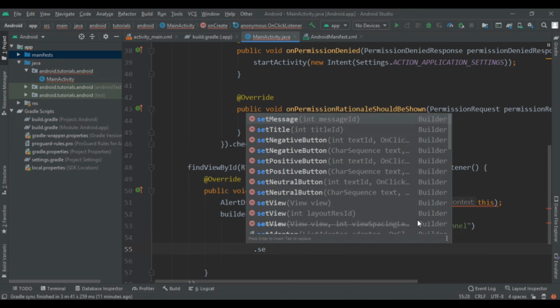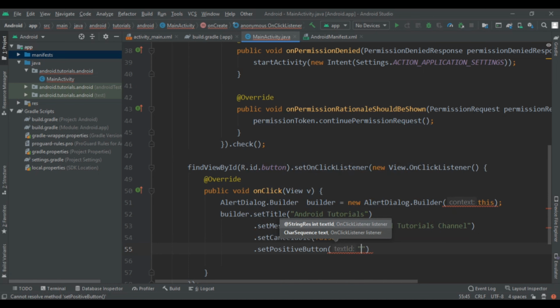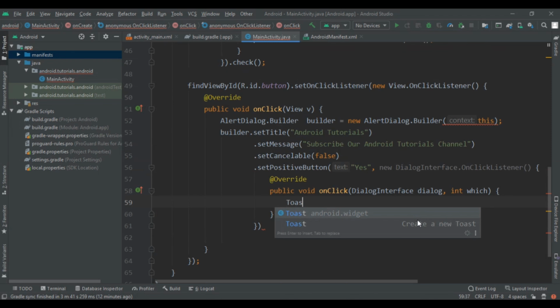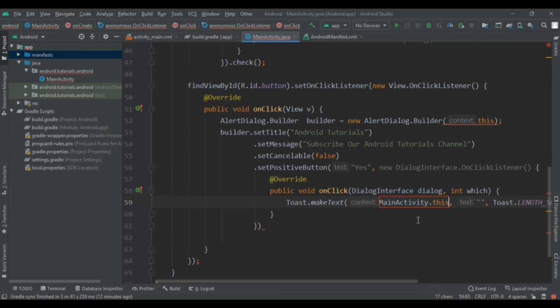So setPositiveButton. Here our positive button text will be yes. Then here we have to write new of, and after that what we have to do in onClick. Here we are going to write a toast, channel subscribed.